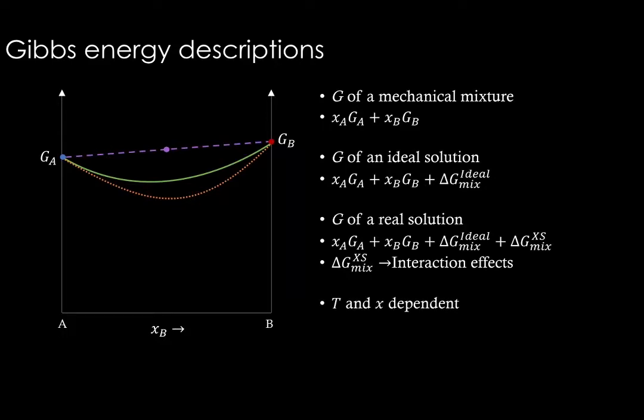So the pressure also matters, but in most of the phase diagram construction cases, we don't bother about change in pressure. We treat pressure to be equal to 1 atmosphere. So Gibbs energy is a function of temperature and composition. That expression, the function of Gibbs energy, is called Gibbs energy description. And once we have Gibbs energy descriptions, then we can do Gibbs energy minimization. So we'll see what are the requirements for it.